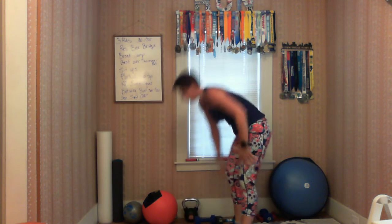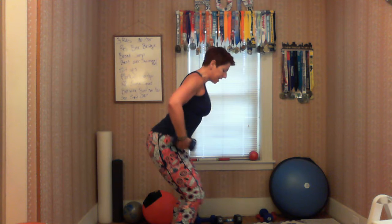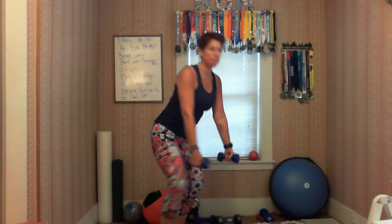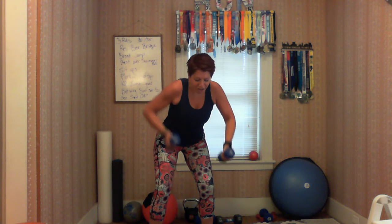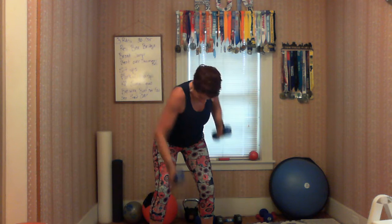Batwing, bent over row. Again, setting up in that bent over position, bend the knees, hinge at the hip, and I'm going to alternate. So I'm also going to call this a seesaw here in a moment, but I'm alternating. So it's called a bat wing when you do it as a row,